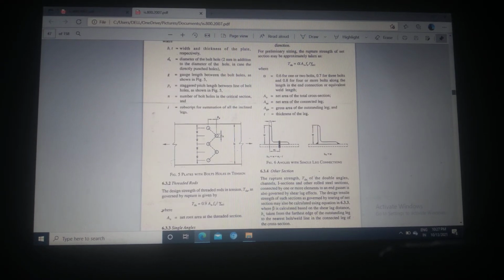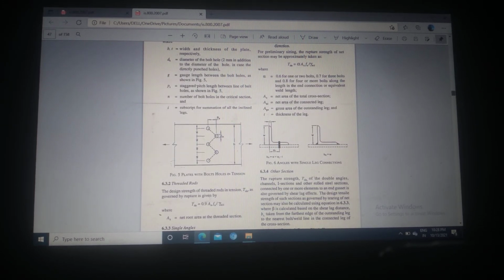Like figure number 5 you are seeing on page number 33. Here, if I have to find the An for the design strength due to net rupture, then the failure can be anything. The failure plane can be like, we can take the area containing these 3 bolts in the vertical manner. That can be the failure plane in which net rupture can happen. Or I can take the failure plane containing these 2 bolts in the vertical manner. Or I can take 1 bolt from this 3 bolt line and 2 bolts from this 2 bolt line. That failure plane can be anything.